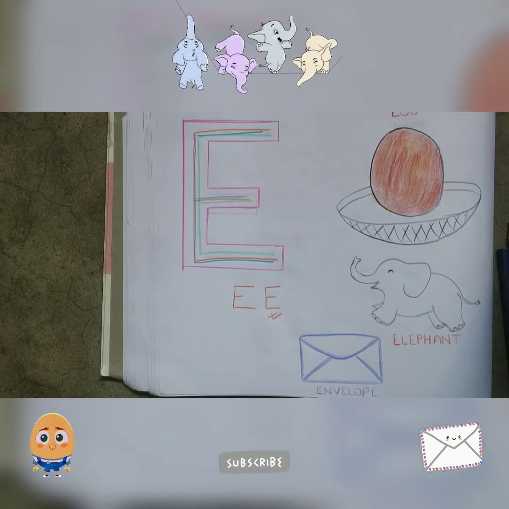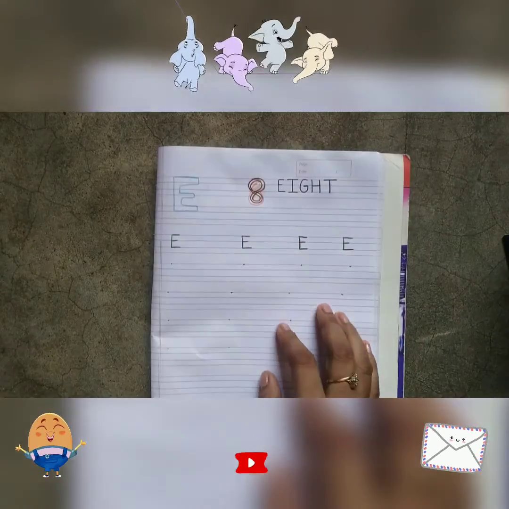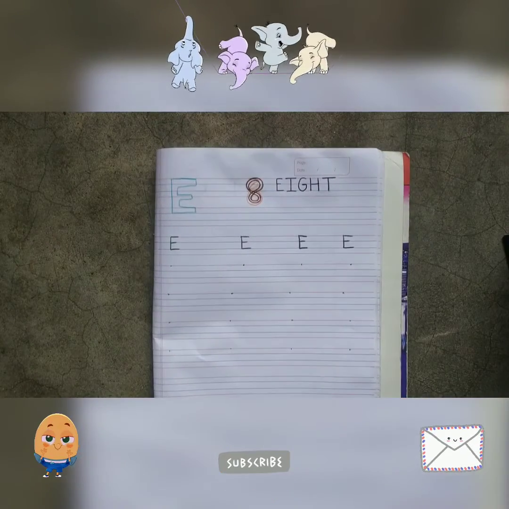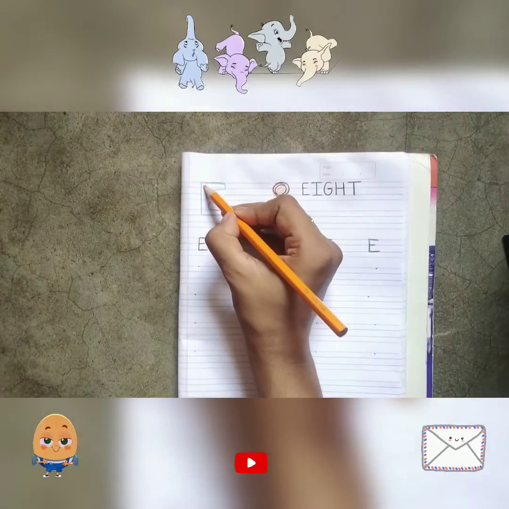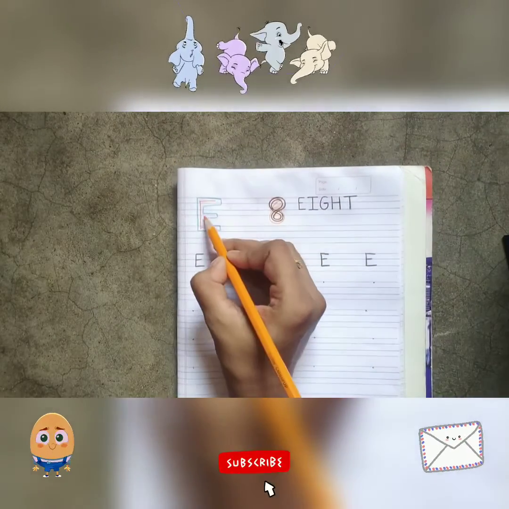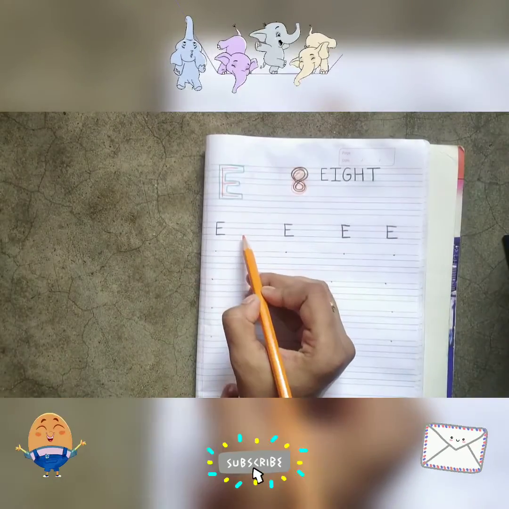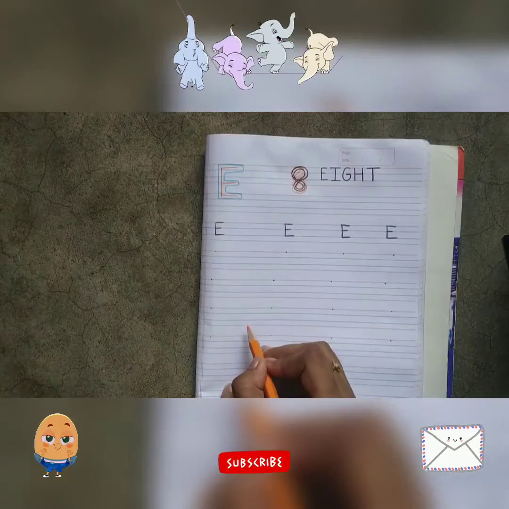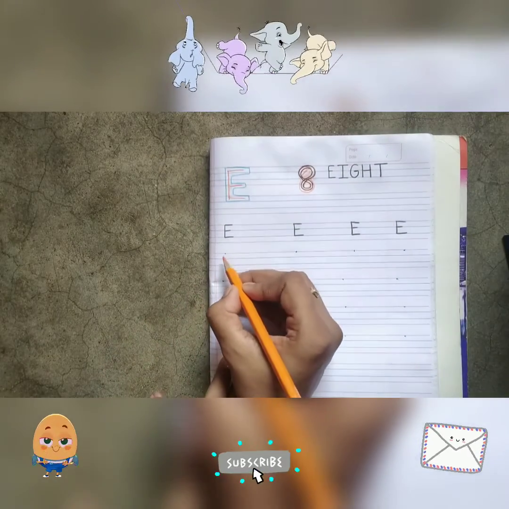And now we're going to do it in the copy. Here you will write within 3 lines, so very important. Just remember, first you will do the same pattern of hollow shapes, use different colors. Now 1, 2, 3 lines are here, you will write. So very important, just look very carefully.